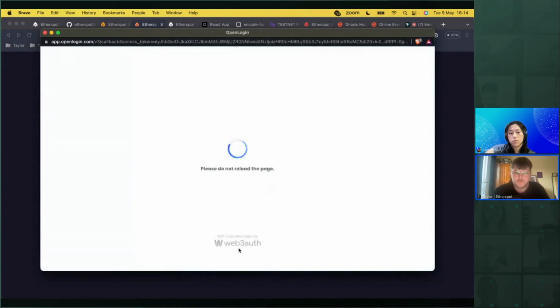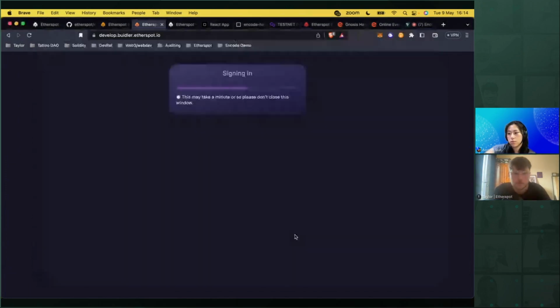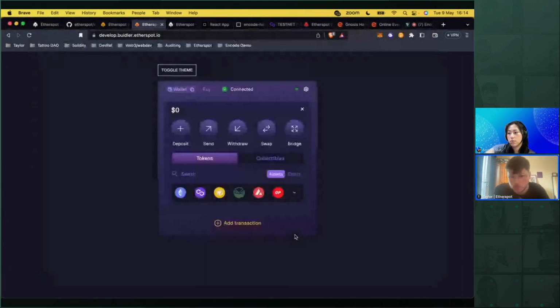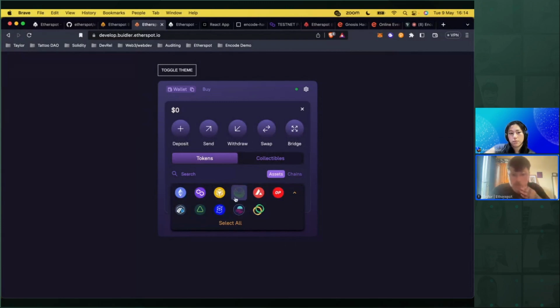And we're using Web3Auth for the social logins. Okay, great. So what this has done is pass my Twitter account as the provider into the Etherspot SDK, and then, using that as a unique ID, it has created a wallet for me on all 14 of these chains that we can support. So you see Ethereum, Polygon, BNB, Gnosis, which hopefully you're going to be building on, things like this. I don't have any funds in this current wallet, but I'll show you some of the things we can do with